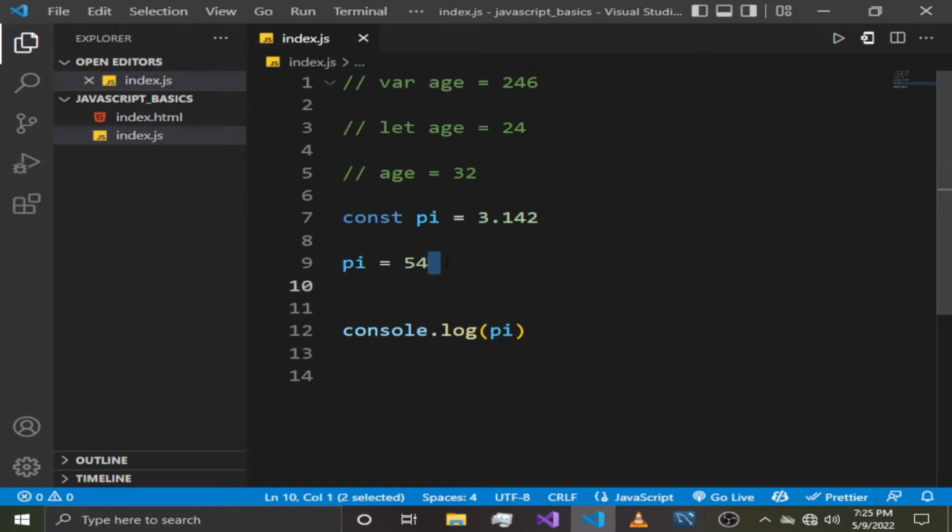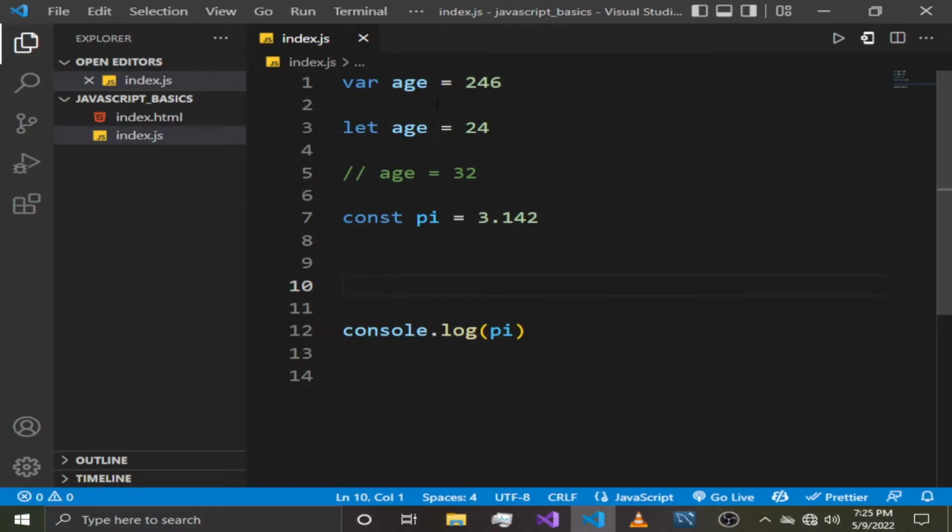We saw that you can use the let keyword and the var keyword over here. So the choice is up to you. If you want a value that will not change across the program, you will use const. If you want something that will change, use var or let. Now